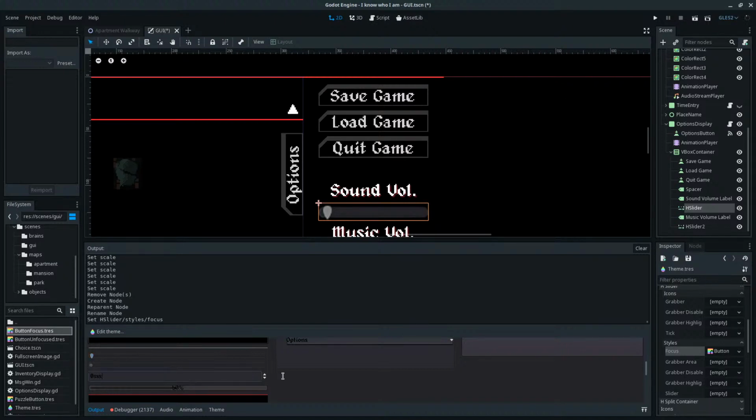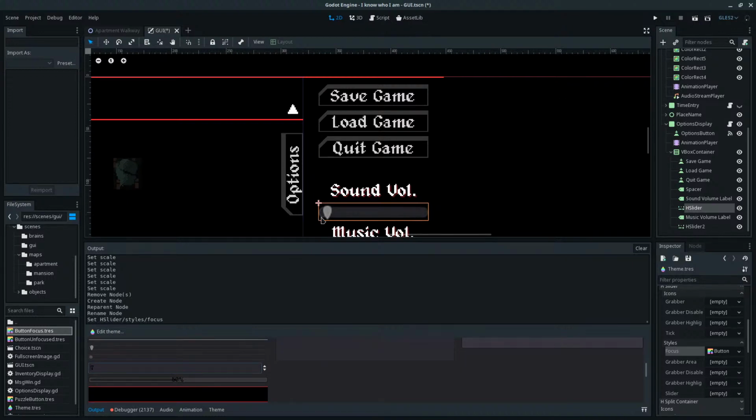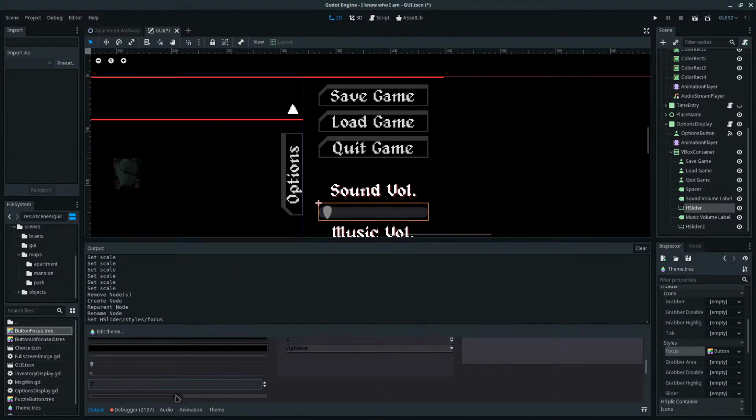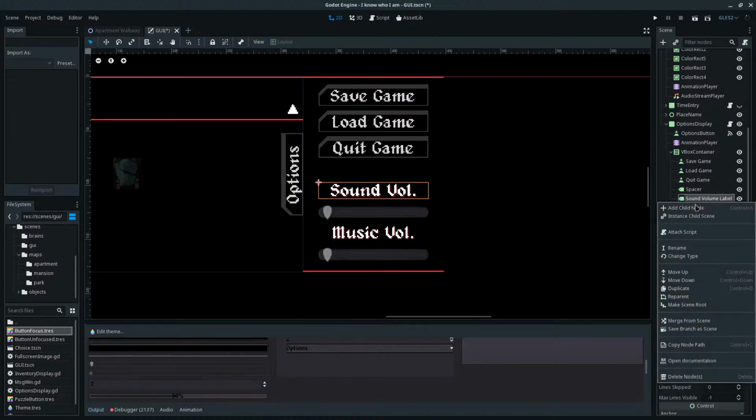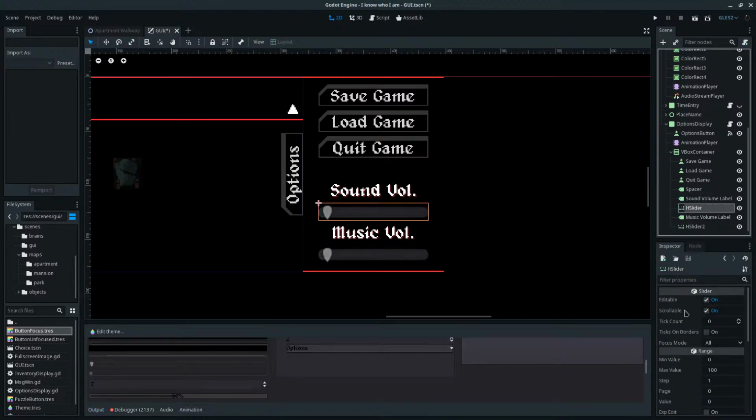Oh yeah, a progress bar would probably be better. What? Is it entering S? Weird. Okay. Yeah, a progress bar would be a little bit better because then you could actually see the percentage. But I don't think you can change the progress bar. Is there any way to display the...